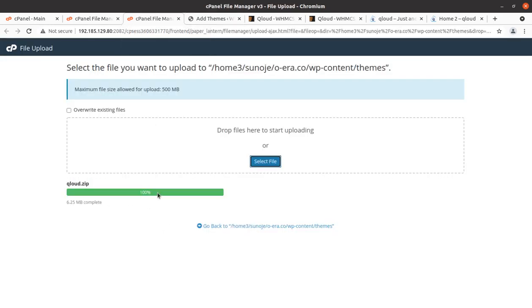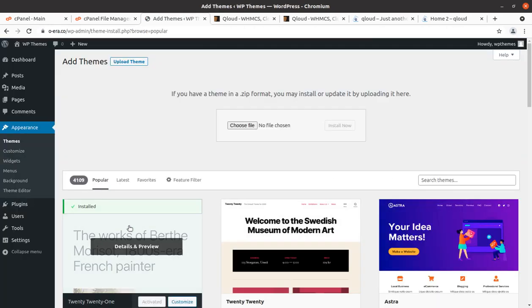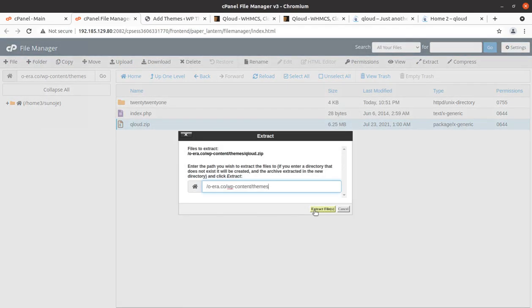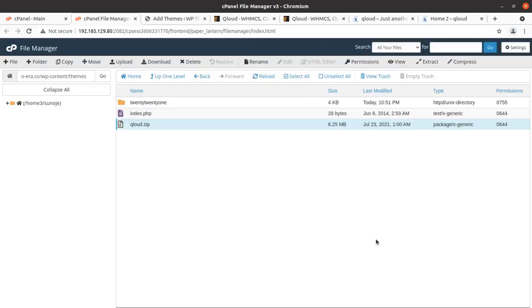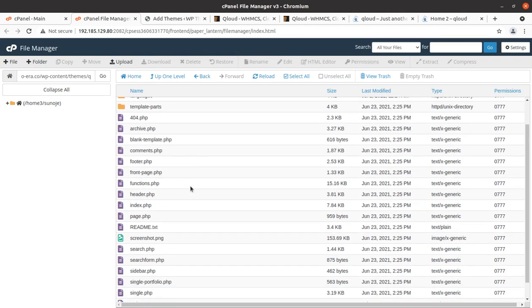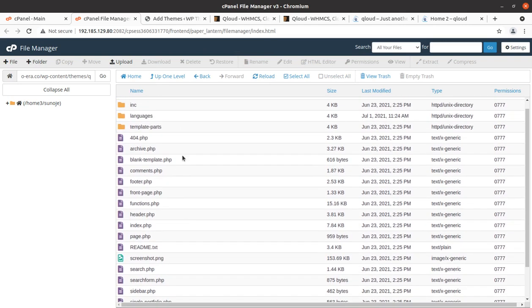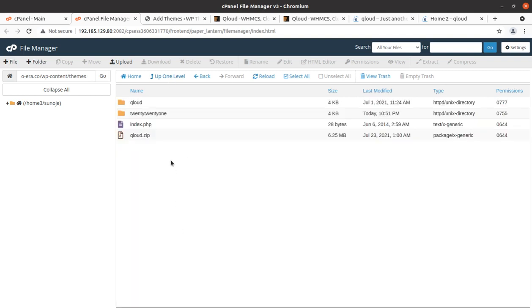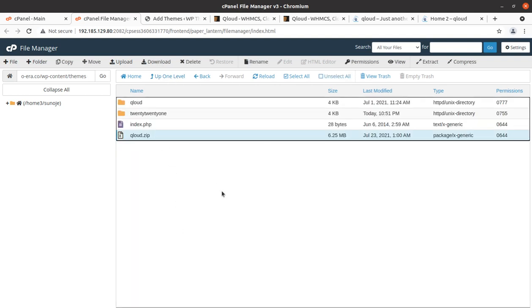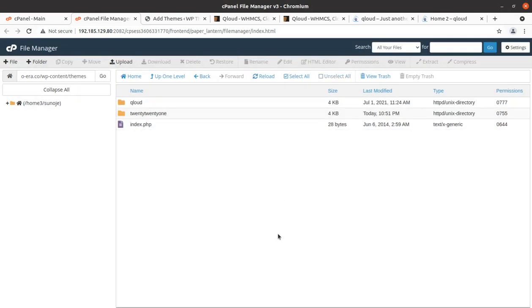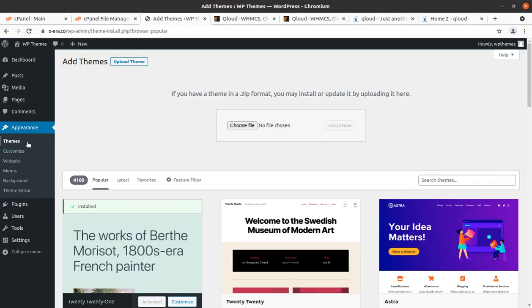And once the progress bar turns green with 100%, we can go back and extract the uploaded file, and the extraction outcome is this QLoad folder in which we got all the theme components. And now we can delete the zip one. It is not required, just consuming server space. Okay, fine. So come back to the theme section again,